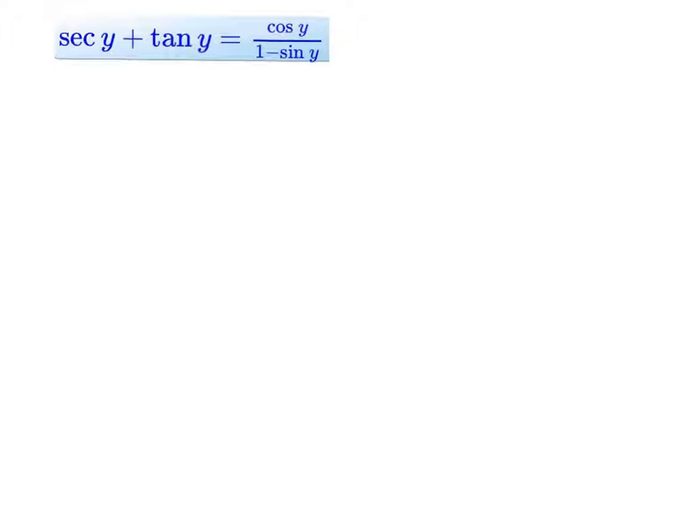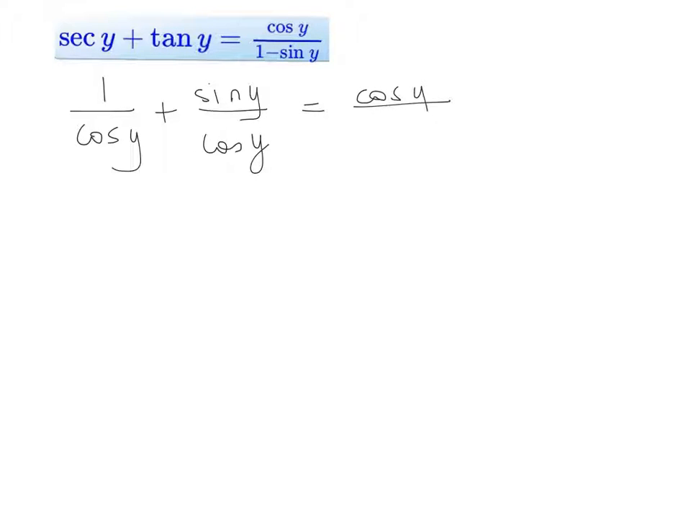Okay, so I have secant y plus tangent y equals cosine y over 1 minus sine y. So I'm going to change the left side. I'm going to choose to work on the left side, and I'm going to change everything to sines and cosines. So this is 1 over cosine y plus sine y over cosine y is equal to cosine y over 1 minus sine y. So in this case, I have a common denominator of cosine y,